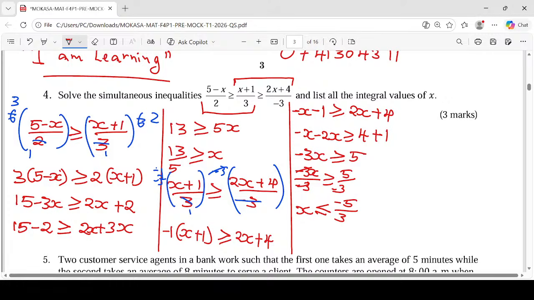I hope that one has been well elaborated. So let's make progress. What will be our combined inequality? Our combined inequality is going to be our combined,